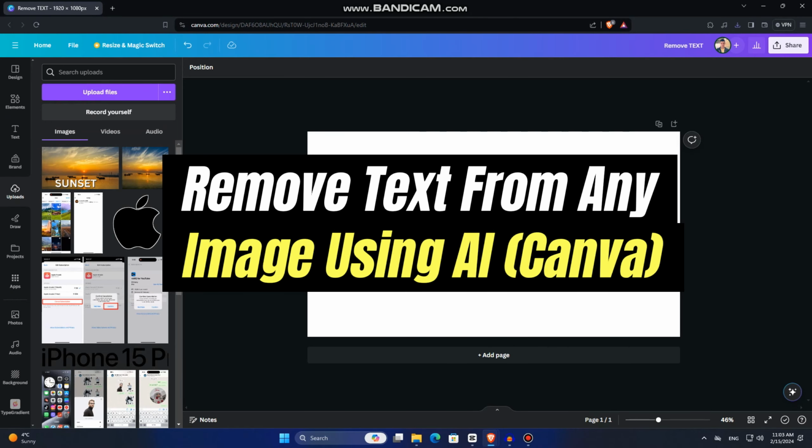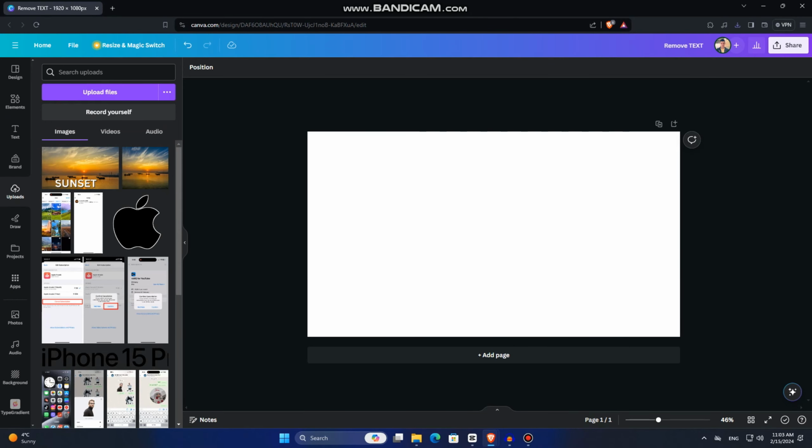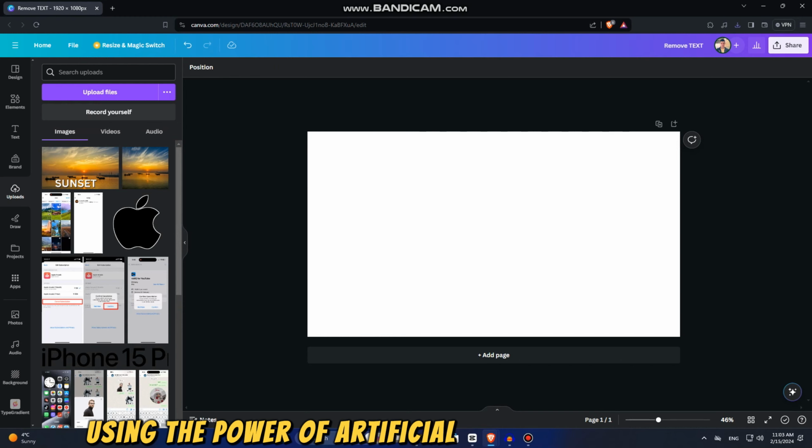Do you need to remove text from your photo, but you don't know how to do it? You came to the right place. In this quick video, we're going to show you how you can remove the text from any photo using the power of artificial intelligence in Canva. It's a pretty simple tutorial, and make sure you watch the video until the very end because I have two